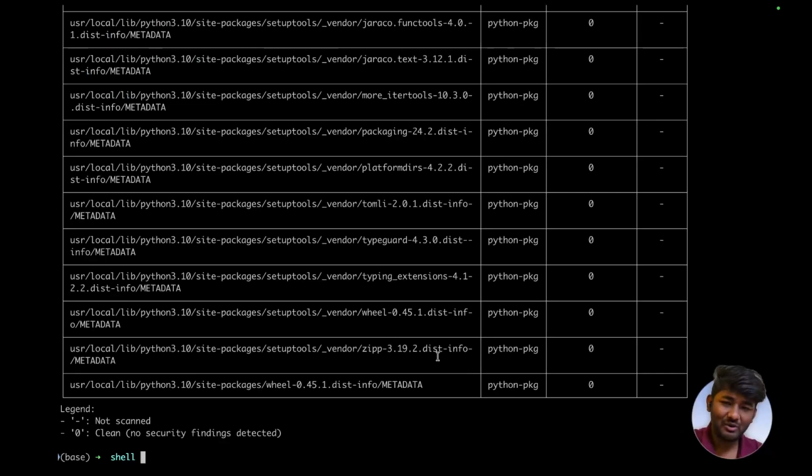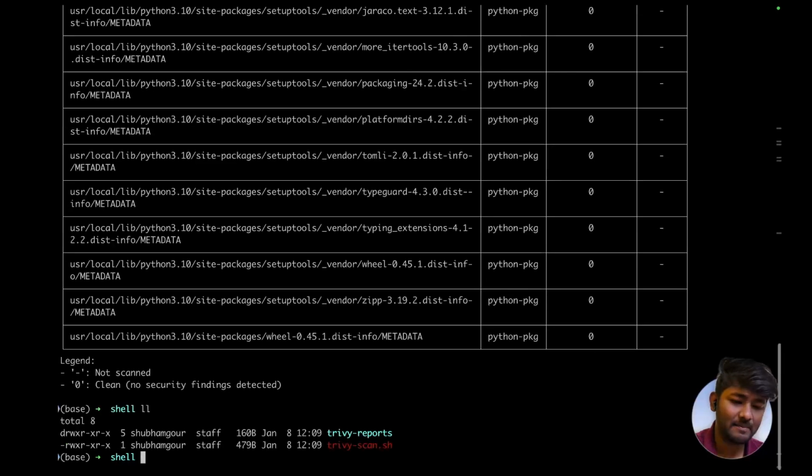Now, that was all about this video. So now the assignment for you, what you can do right now is you can just rewrite this shell script, modify it accordingly. You can try to do SBOM scanning, CycloneDX scanning. Okay, even if you want to present the report in HTML format, how you can do it, you can just write the logic over here. See, there are multiple possibilities that you can perform when it comes to a shell script and with